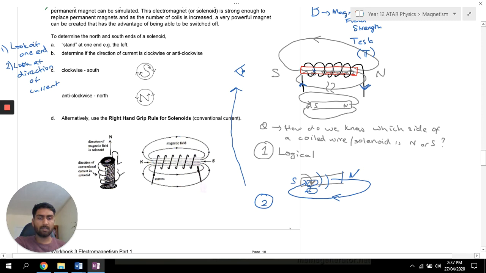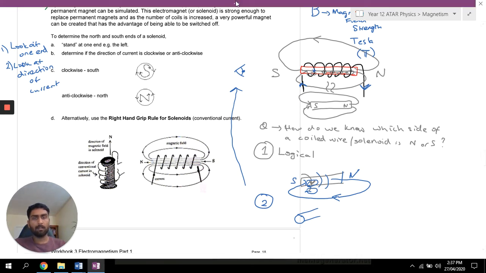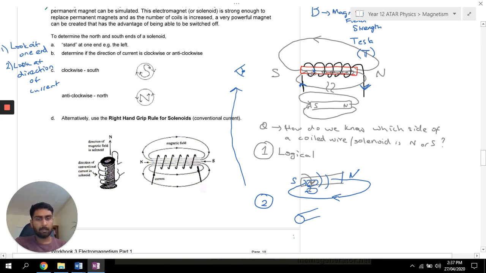If I do that, I would see that's the circular solenoid going into the page, and this is my eye. I would see the wire, and I'm going to draw this in black. I'd see the wire coming up from this end and then going around that here. So in this end I would see the current going clockwise. So I draw a circle and I'd say the current is going clockwise. And what does this look like? So if I draw a little arrow here and a little arrow this way,